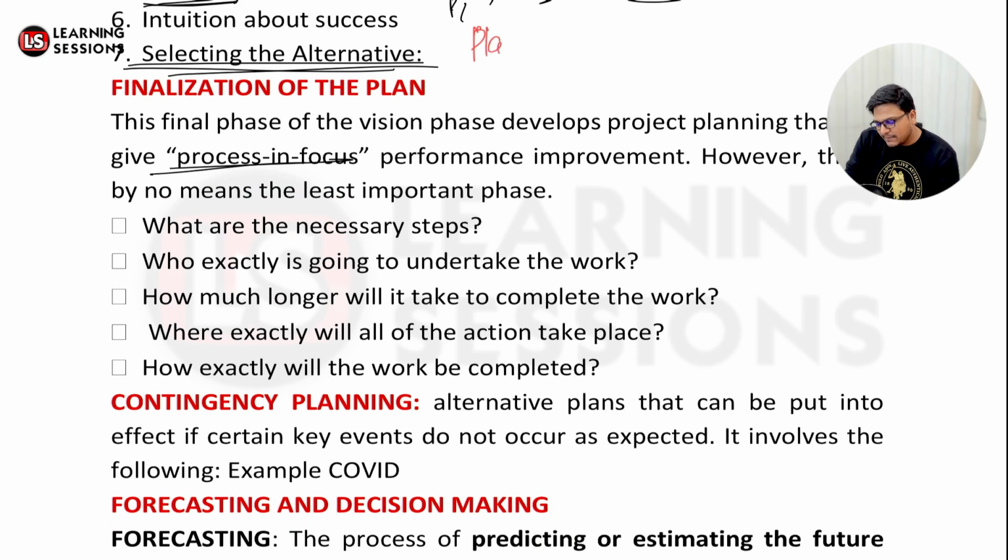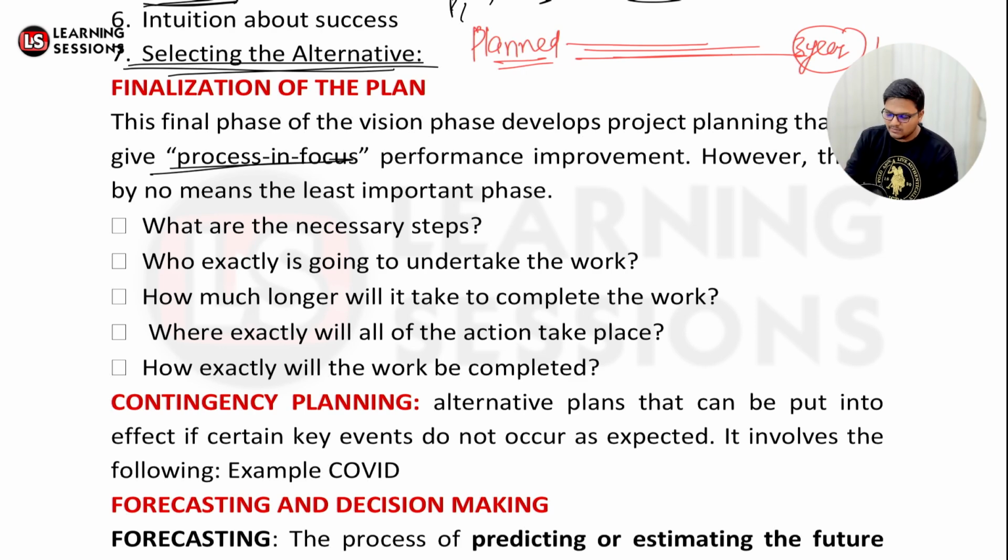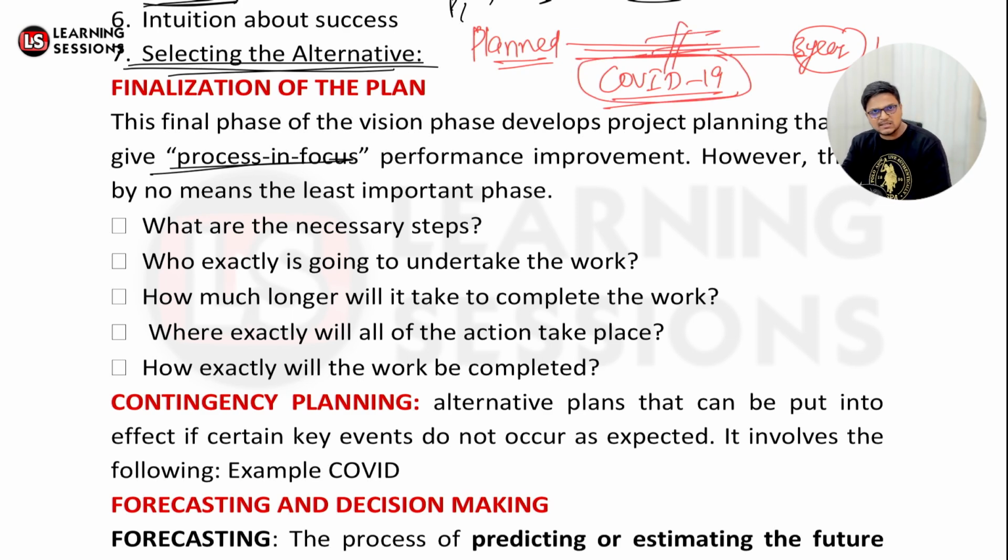Let's say I planned one thing, and further I planned like this will be done, and this is my projection. After 3 years I'll be having 10 crores of my turnover and so on. But in between there came COVID-19, which was basically not known to anyone. Now when COVID-19 was there, all of my plans failed. All of my plans just failed.